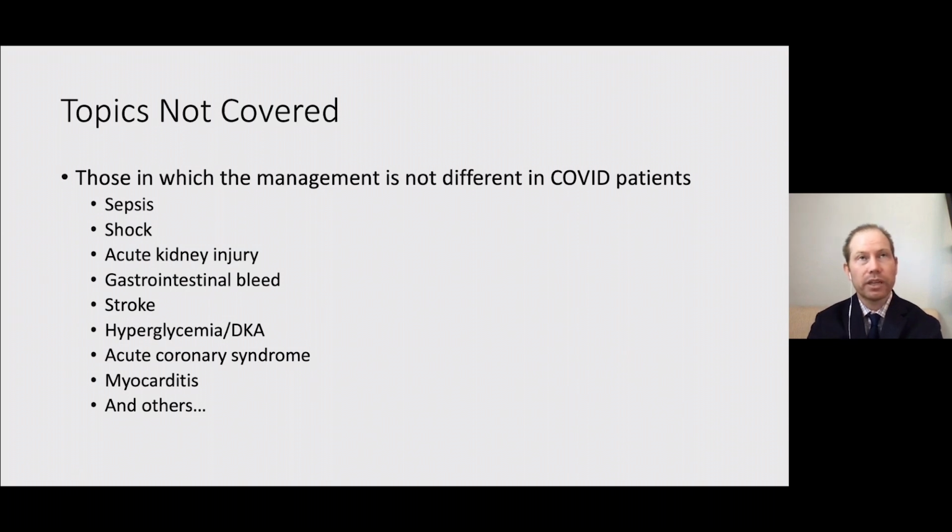And then even though patients with COVID who are in the ICU tend to have high rates of myocarditis, or may have high rates of myocarditis based on some preliminary evidence, and may have higher rates of things such as stroke, once they develop those, they're not managed any differently than any other patient who's in the ICU with those issues. And so for the most part, we're not going to touch on those today, so that in the time that we have, we can focus on the ways in which these patients are slightly different and focus on what makes them particularly ill.